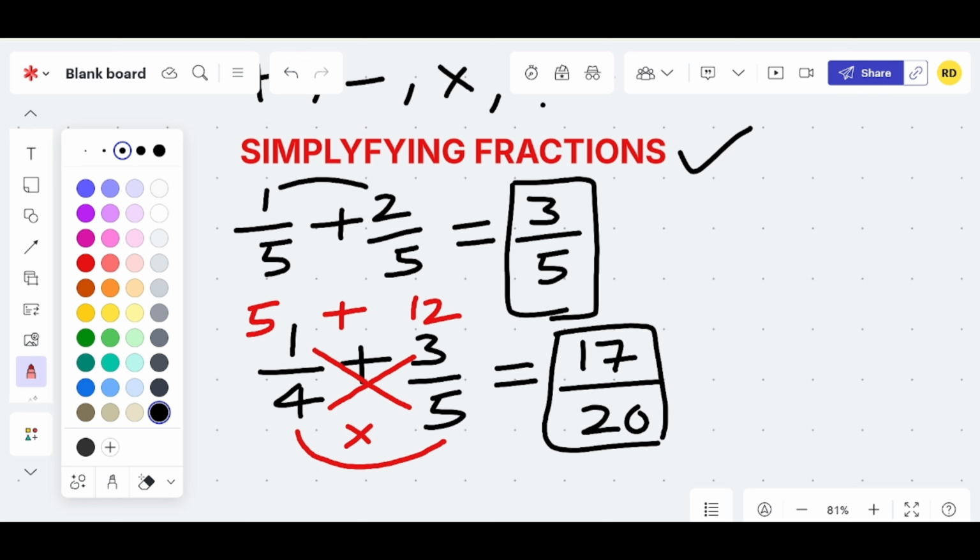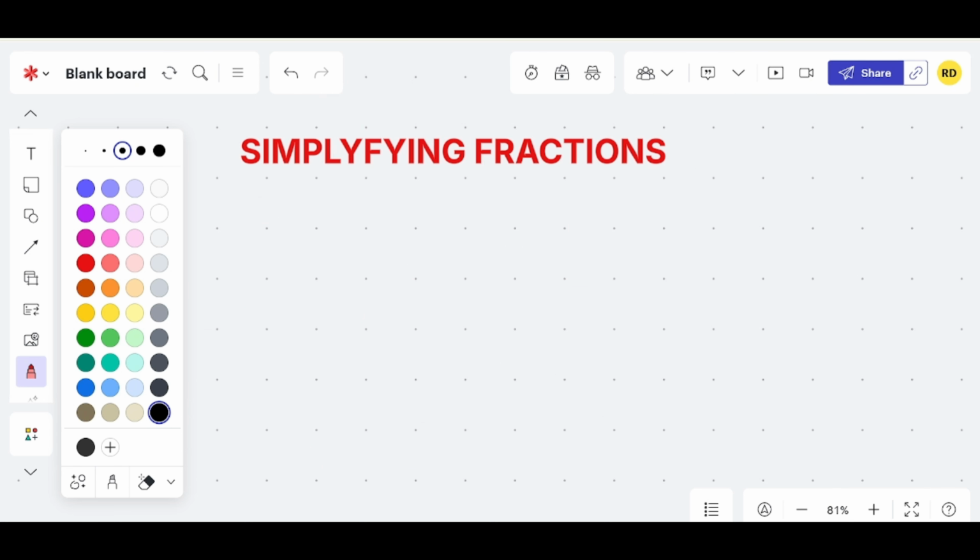What if the fractions are mixed fractions? What if they are mixed numbers? How do you add them? Let's see the example question. Let's take 1 1 over 2 added to 2 3 over 5. Let's see how we add them. So in this, the first step is, as these are mixed numbers, you need to convert them into improper